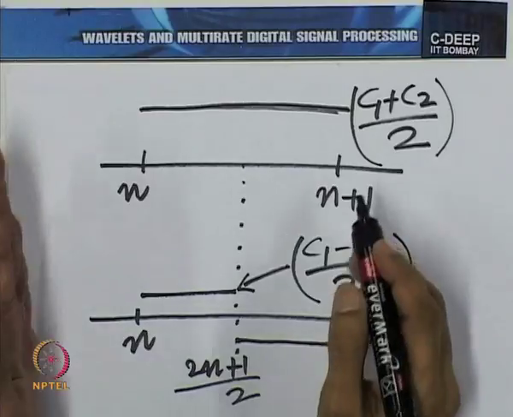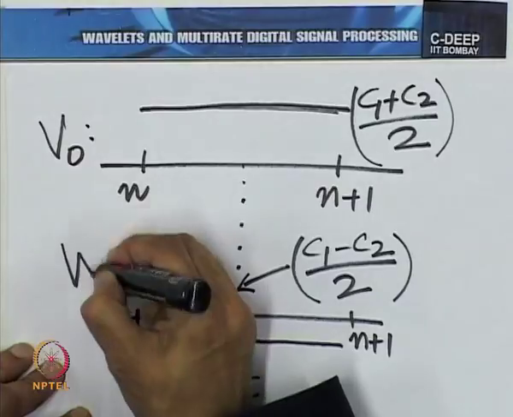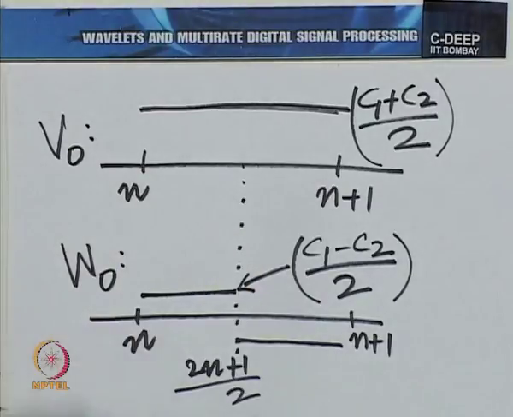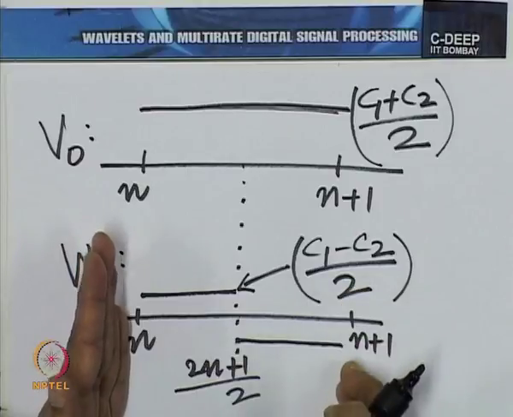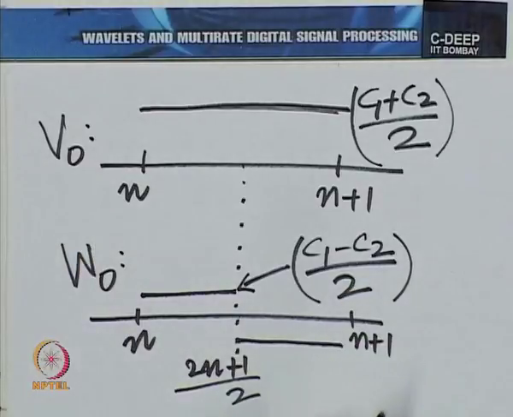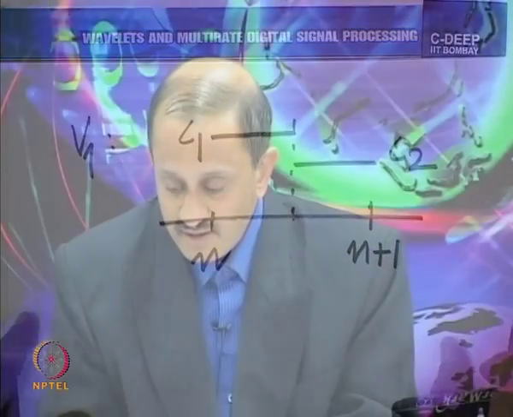So, you see, what I am saying is the function coming from V 0 and the function coming from W 0. I am just showing one segment of each of these functions. The same thing can be done for each of the intervals n to n plus 1. What I am saying is that this function, whose segment over n to n plus 1 I have shown here,